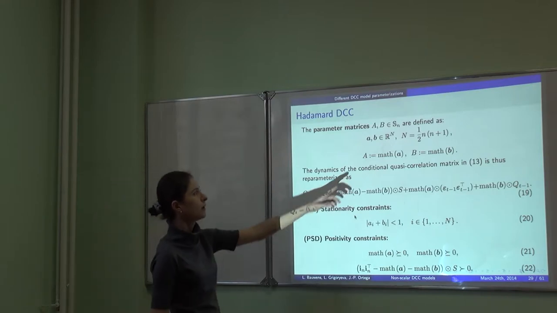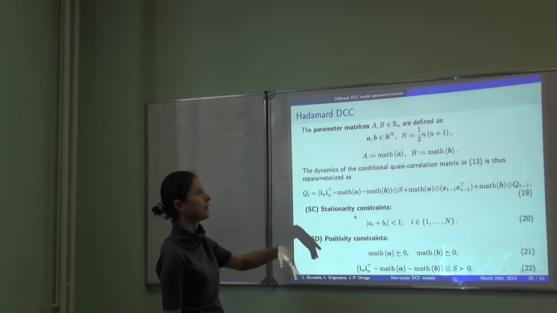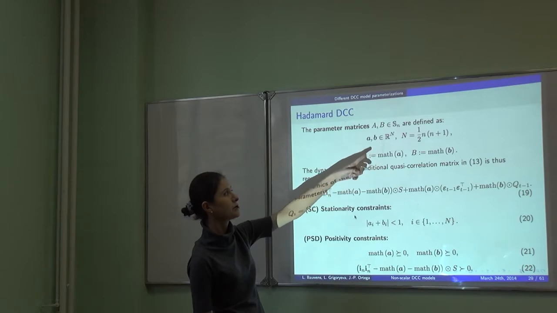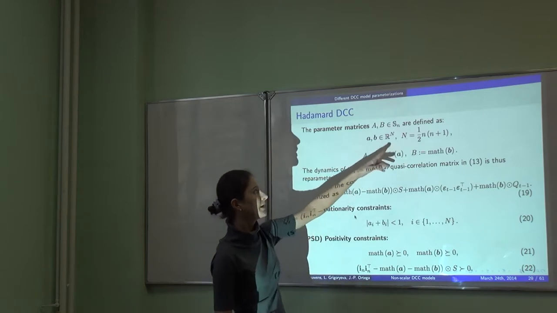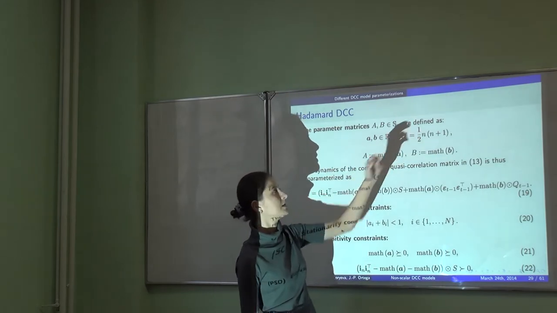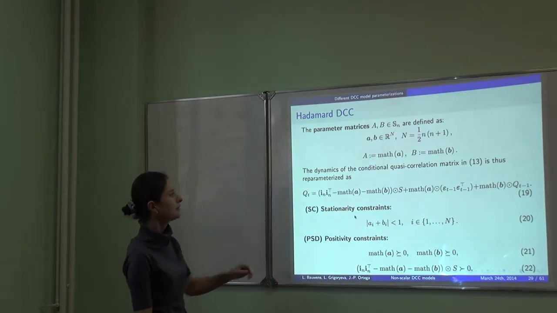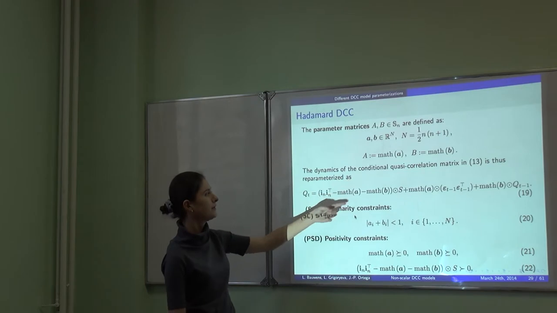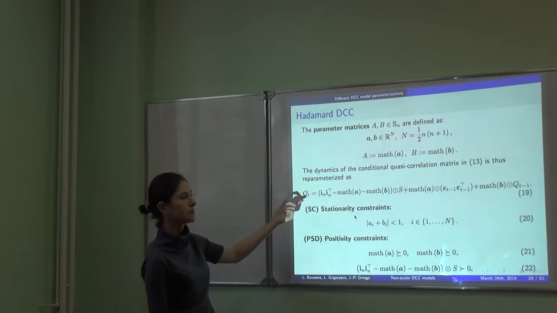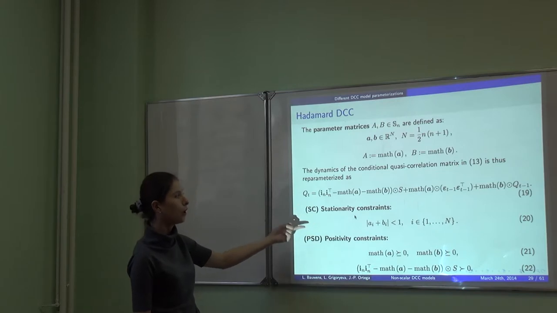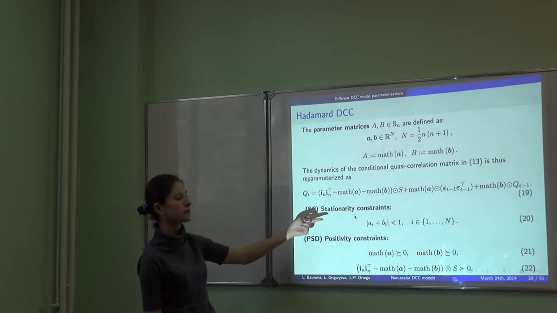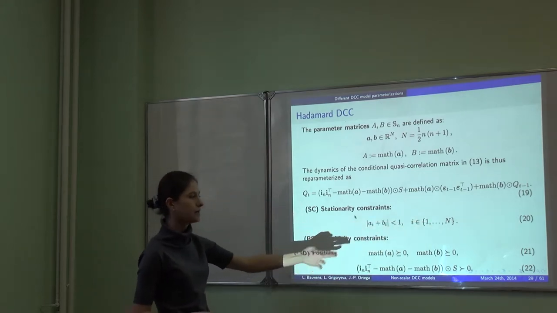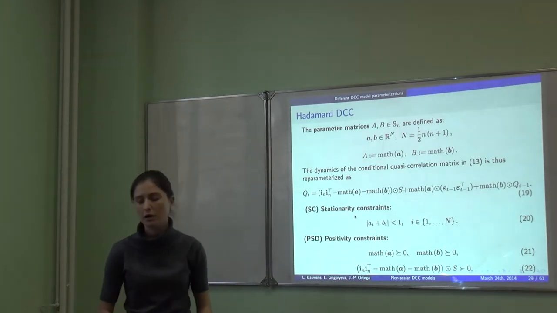How it is done: we have the mat-h operator that I showed you a few slides before, which takes vectors of some given dimension n, where n is defined through this relation, knowing that n is the number of our asset returns. And actually you can rewrite the same model. Here nothing changes, but we just use the fact that our matrices A and B are symmetric. So in this case, what we were hoping for is that our stationarity constraints come down to only n constraints, and the positivity constraints are the same, but just using our operators language.